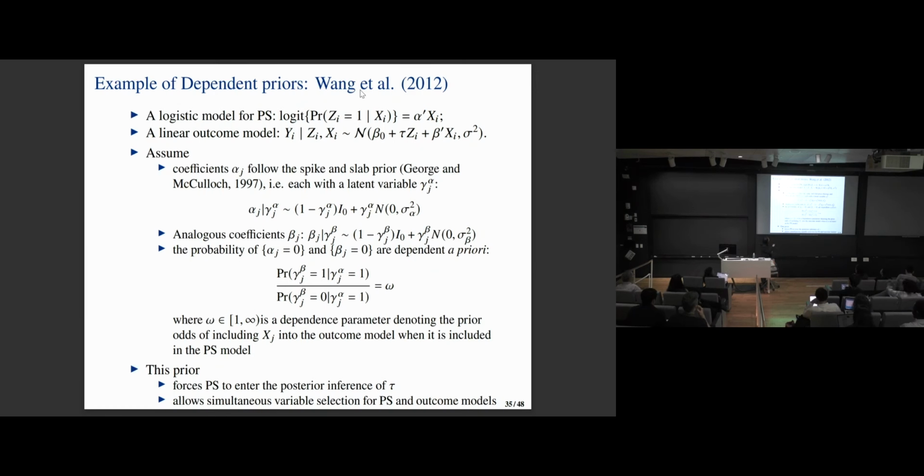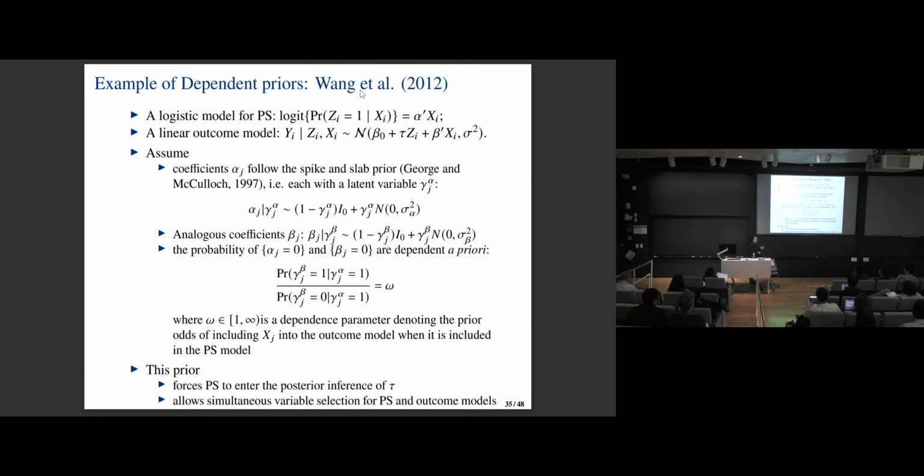So this paper essentially designed the prior so that how likely a covariate is included in the propensity score model is correlated with how likely it is included in the outcome model, because often in practice they are correlated. So you can devise a very clever way to design that, and you are basically allowing the propensity score model and the outcome model to be a priori related. Okay, so this is all very nice, except that